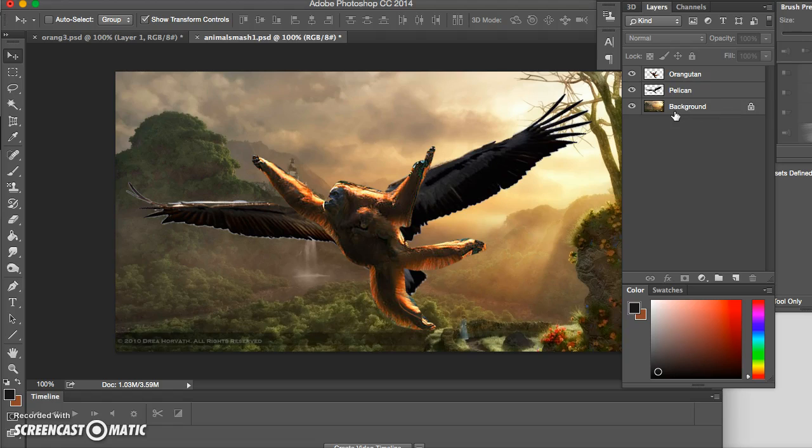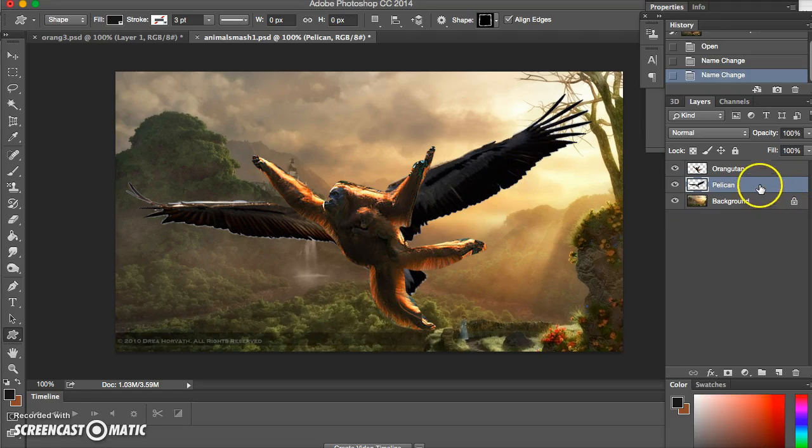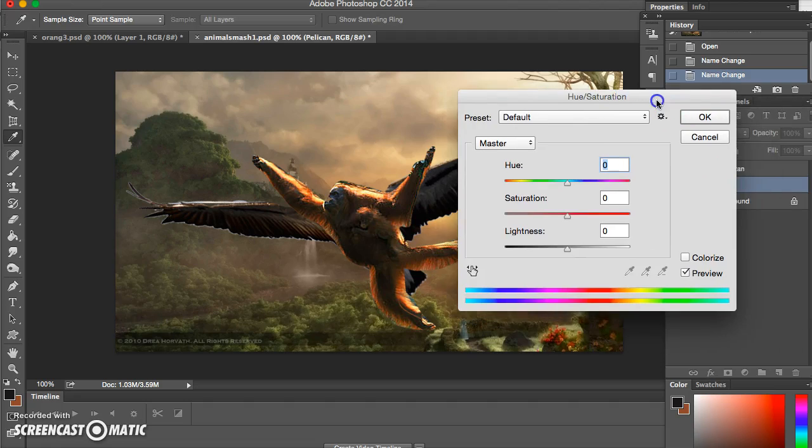Now, the shortcut key. When you are using Photoshop, you'll often hear about shortcuts, which refers to little key commands that you can use. You can press Command U on a Mac or Shift U on a PC, and you should get... which it's not happening for me. Bear with me one sec. Okay, so the problem was you do have to press Command U, but you've got to make sure you're on a layer. So if I've clicked the pelican layer, I press Command U, and this screen comes up